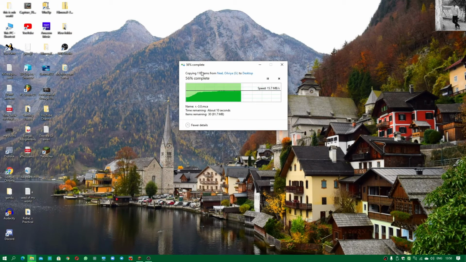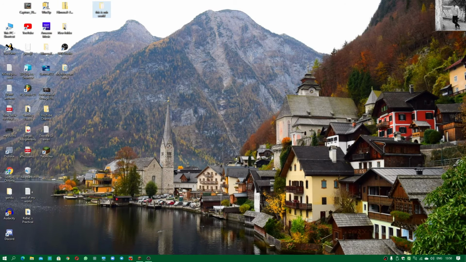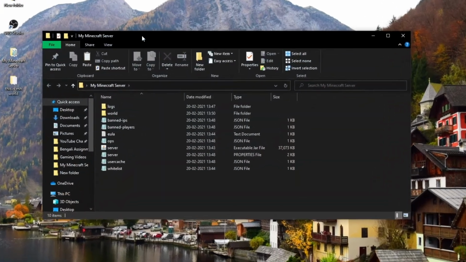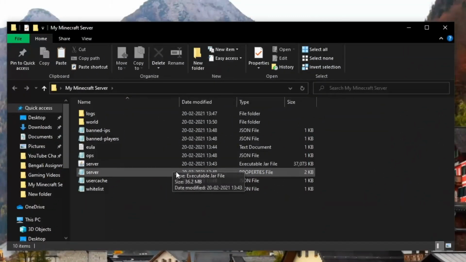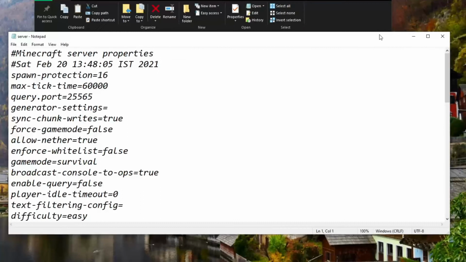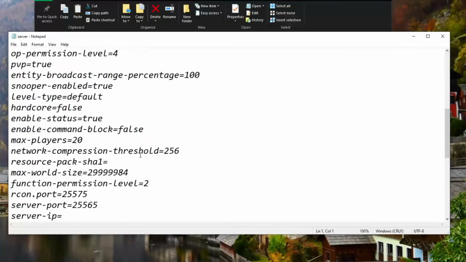In order for your world to work, you also need to gather the seed of the world. Else it will not work. Okay, now once you have gathered the seed, you are seeing that this is my world. So now you need to go to your Minecraft server folder, and then you're going to open this properties file, and then you go to the level type.